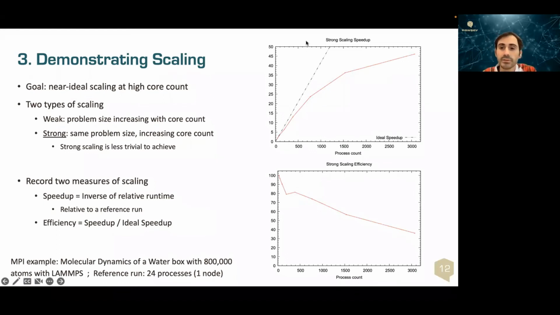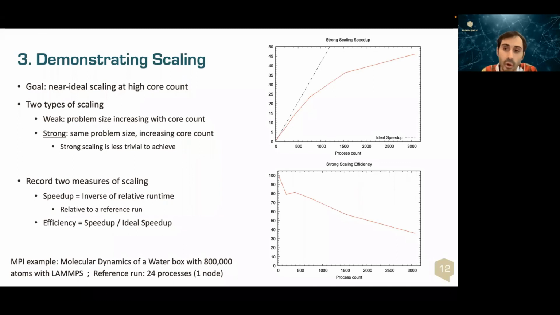So the plot on the top is a strong scaling speed up plot. And for your convenience, I also plotted this line, which is the ideal speed up. And you can see that for relatively low process count or core count, say up to 500, the speed up is quite close to ideal. And then it diverges from that as you increase the